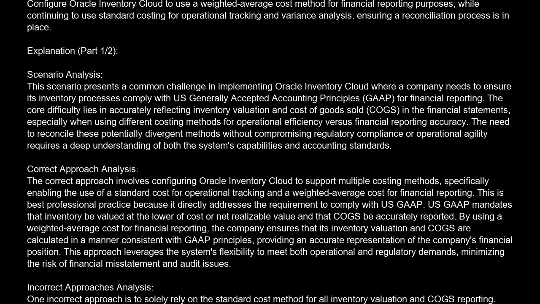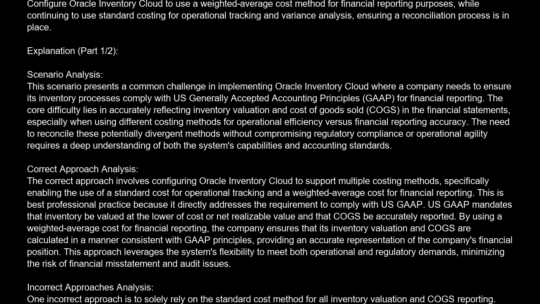Correct approach analysis. The correct approach involves configuring Oracle Inventory Cloud to support multiple costing methods, specifically enabling the use of a standard cost for operational tracking and a weighted average cost for financial reporting. This is best professional practice because it directly addresses the requirement to comply with U.S. GAAP. U.S. GAAP mandates that inventory be valued at the lower of cost or net realizable value, and that COGS